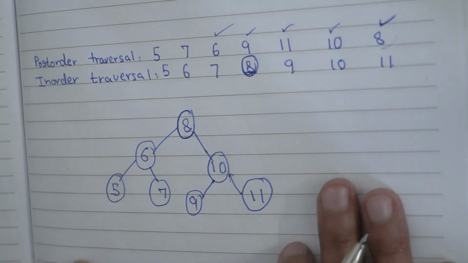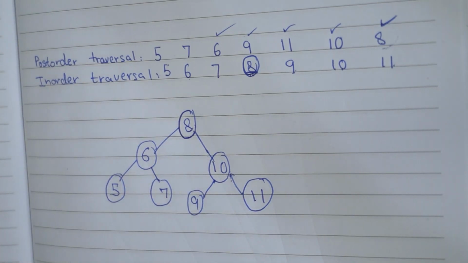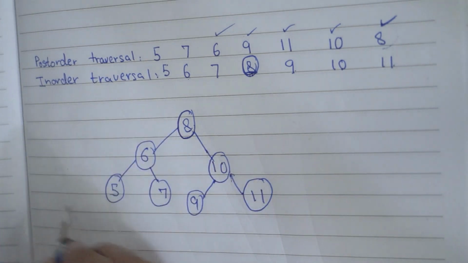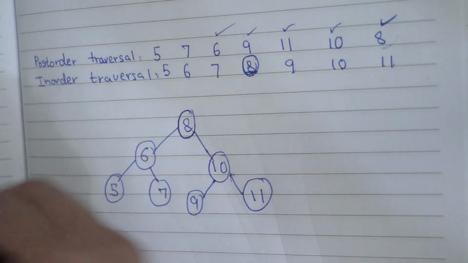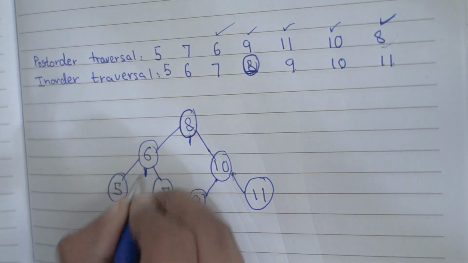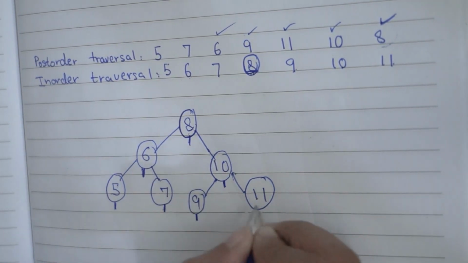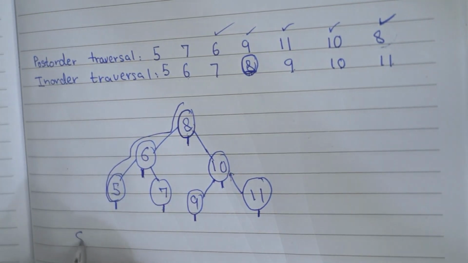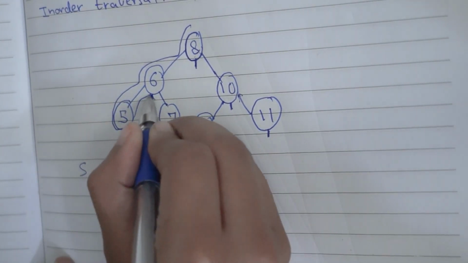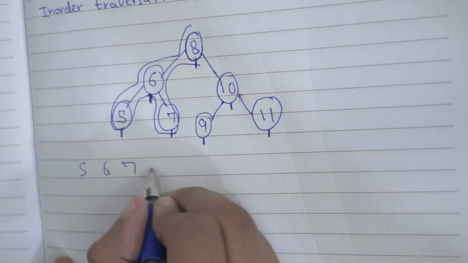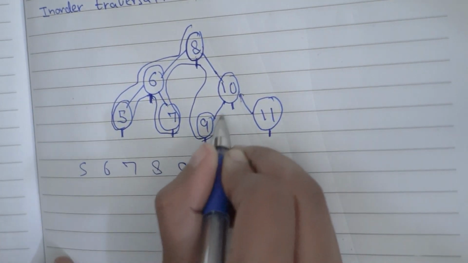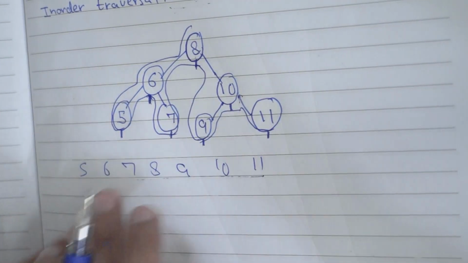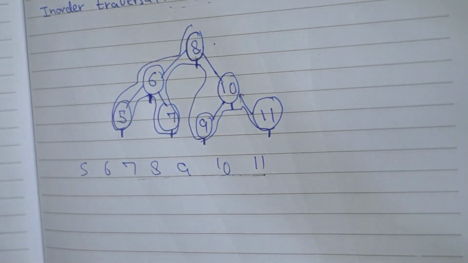So we have completed this binary tree, and we can also check. I already made a video on my channel about how to find the traversal. So I will just find its in-order traversal here by drawing the lines like this. Now, starting, first we have 5 and 6 and 7, 8, 9, 10 and 11. As this in-order traversal is the same,